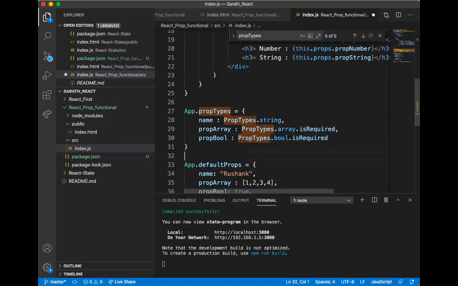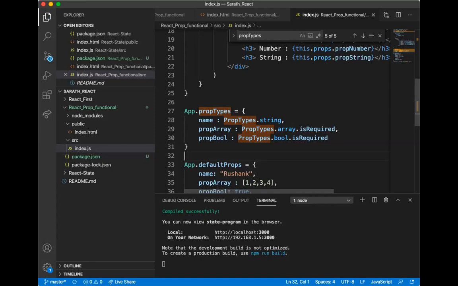So likewise, we can ensure that the components or the name, the array, or whatever properties we are using, those parameters are available to the user once they are logging in or using the system. They have to make it required. They have to make this array value and also bool value required, and only then we go for further proceedings. Likewise, we can constrain and restrict the component.